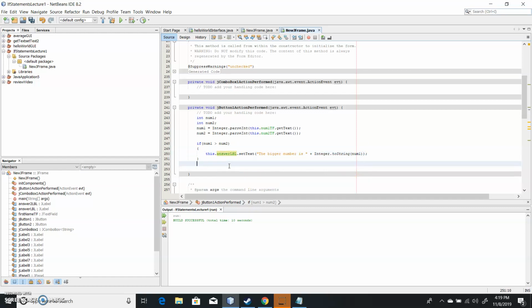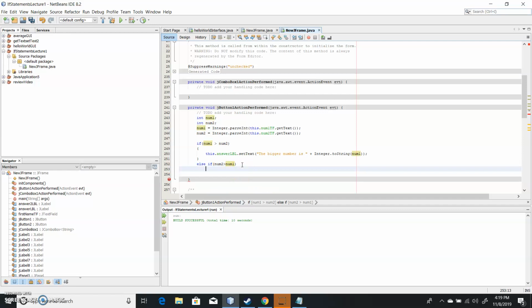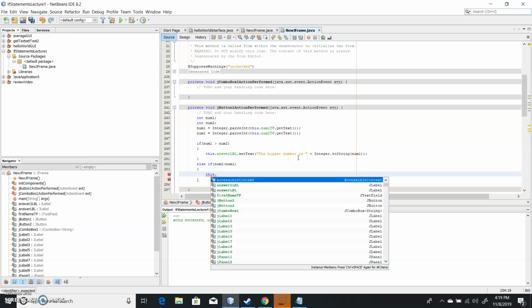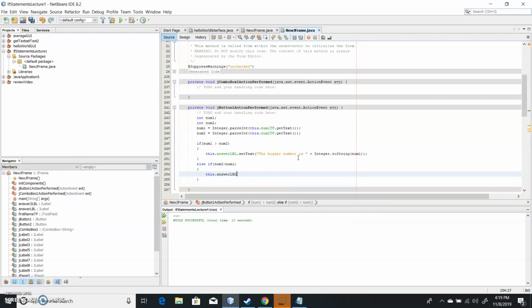Now what happens if number 2 is bigger? We're going to say else if number 2 is greater than number 1, then we say this.answerLBL.setText, the bigger number is plus number 2. Okay,